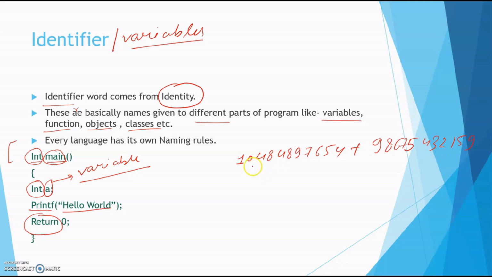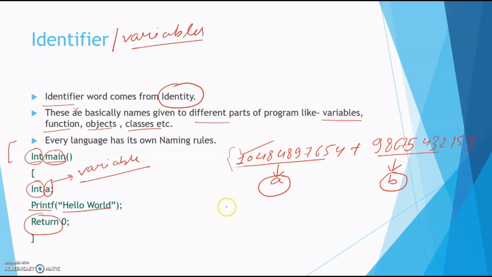Suppose you want to add two numbers and you are using these numbers again and again in a programming language, any programming language. So there is a need to store this value in a particular variable. I'm storing this value in a variable A and this value in a variable B. So you can use these values without writing them out again.